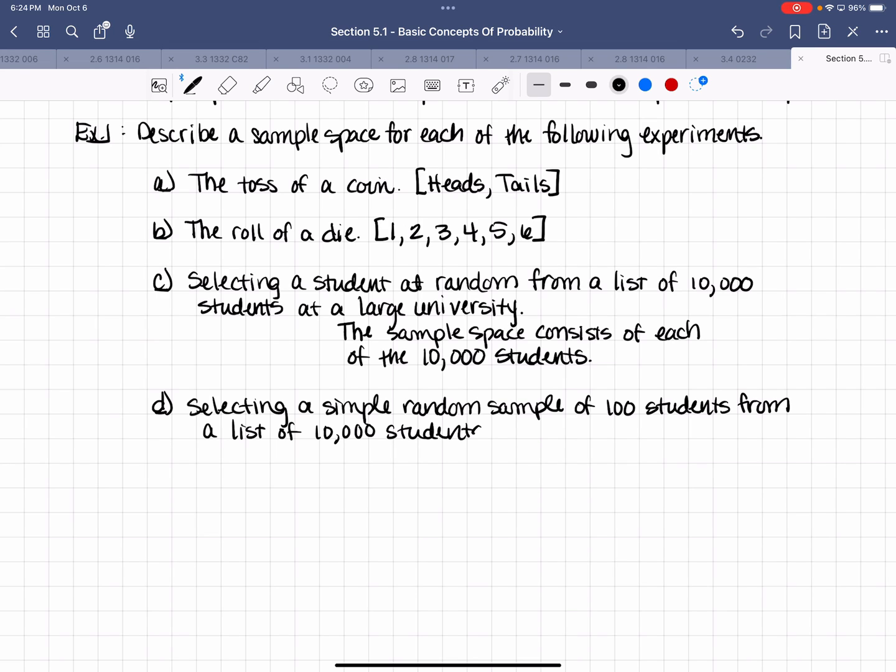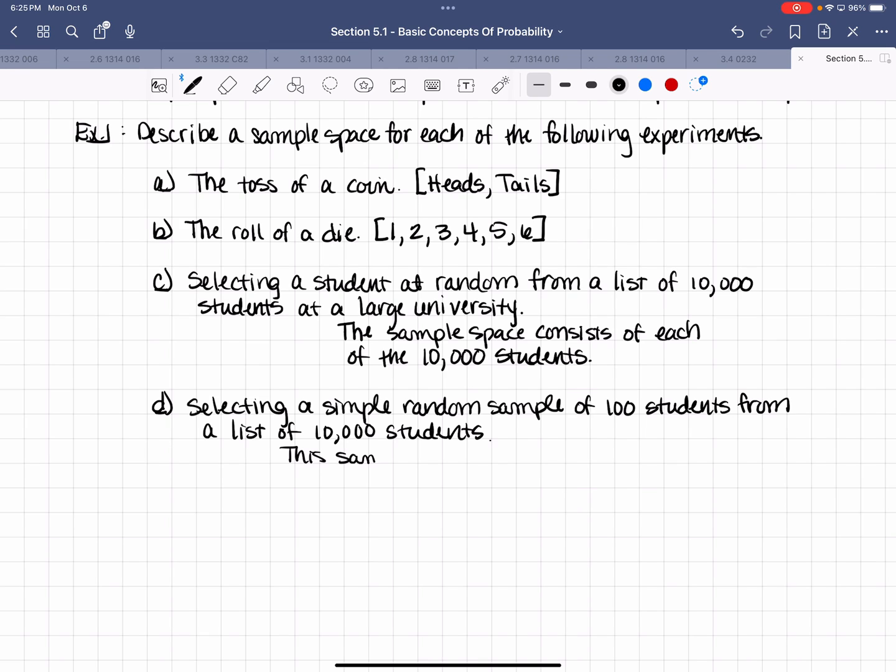Okay, so they changed this one up a little bit. What they're doing is they've got 10,000 students. They're going to select 100 at a time. Put those back. They'll select 100 different ones at a time. Put those back. Select a different 100. So our sample space consists of